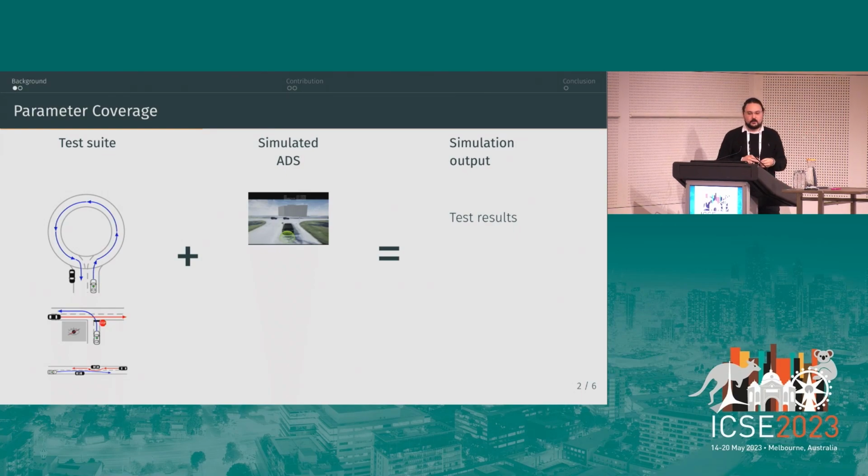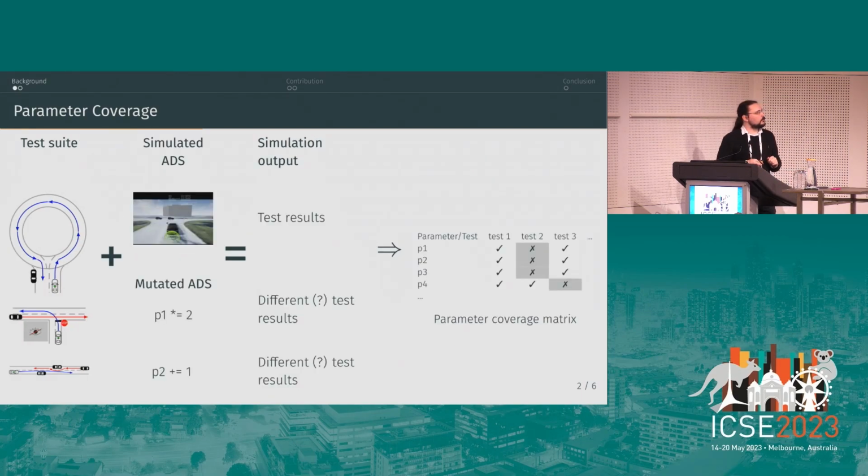The question when you do that, though, is: are our tests any good, and do we need to test more? So to try to answer these questions, we came up with what we call parameter coverage. And the idea is, we have our tests, we have our simulated ADS that gives us test results, but our ADS has a bunch of parameters that decide how it takes its decisions. So for example, the safety distance it takes, how fast it's happy to go, how much it cares about safety